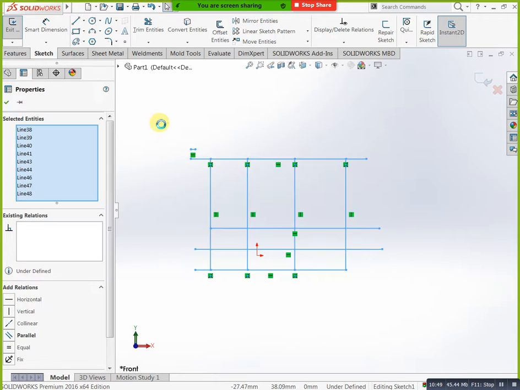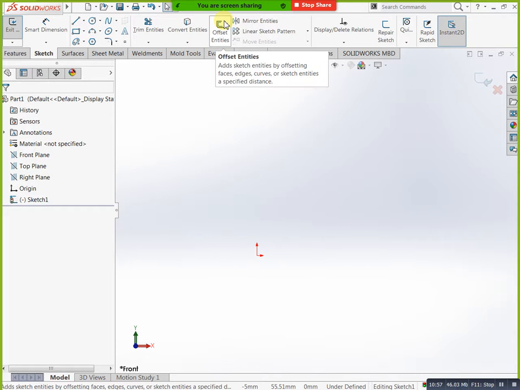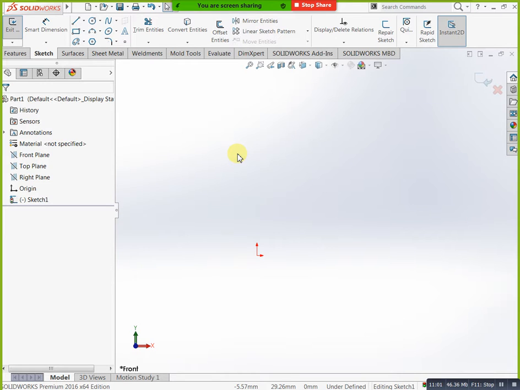Offset means creating a duplicate with an exact distance. We already have that profile, we can create one more duplicate of it with an exact distance. That is called offset, nothing but a copy. You can draw one rectangle like this. Now I need to do offset.